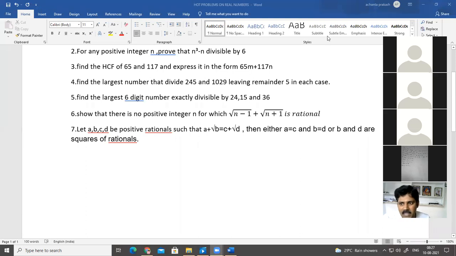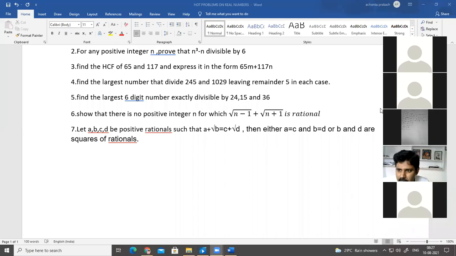Sir, actually, when we have remainder 5, it means that we have 5 extra when we are dividing with a particular number, sir. So if we subtract the 5 from that, we can divide exactly, and we can find the accurate value of HCF, sir. That's good. And finally, the word I got from you is exactly divisible. Yeah, Ishwar? Same as Roshan, sir. Yeah, same. It should be exactly divisible.